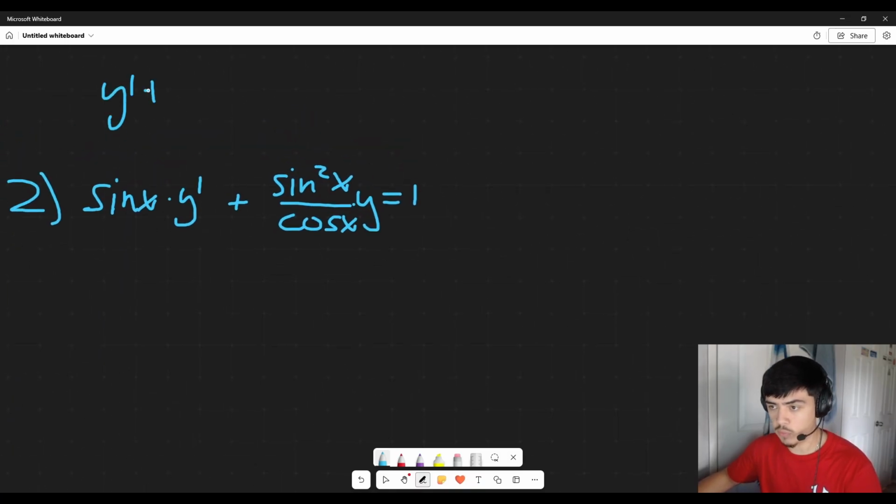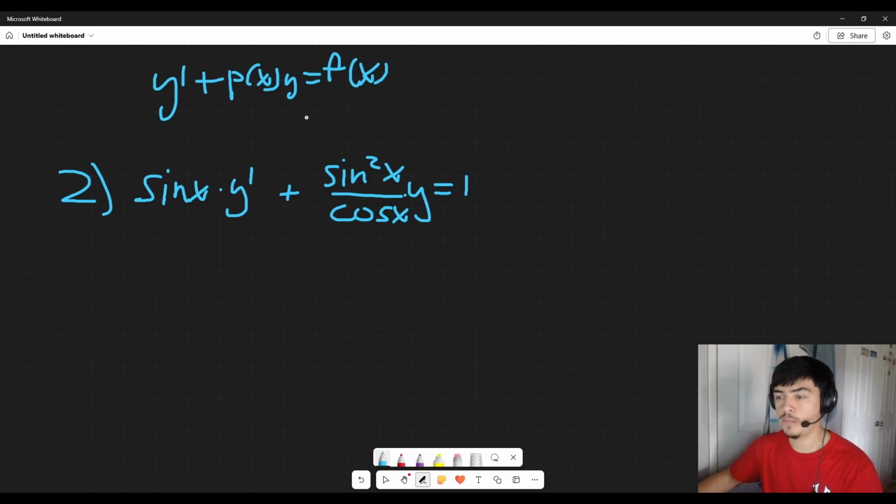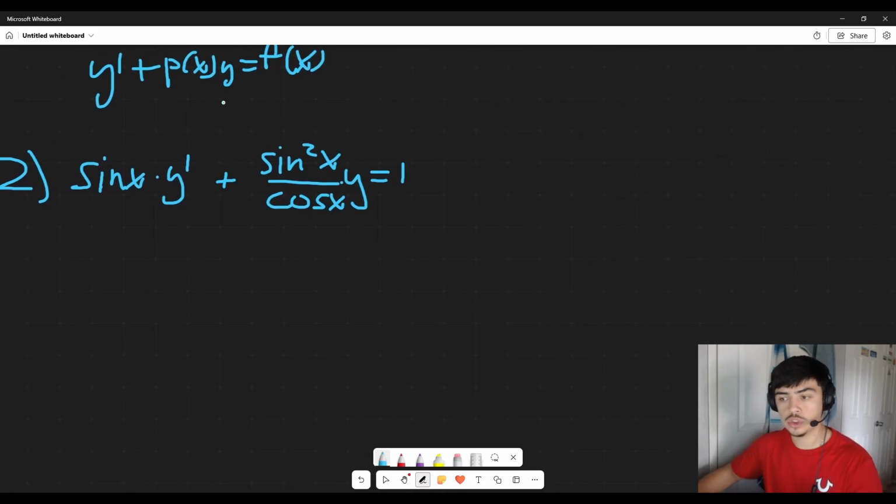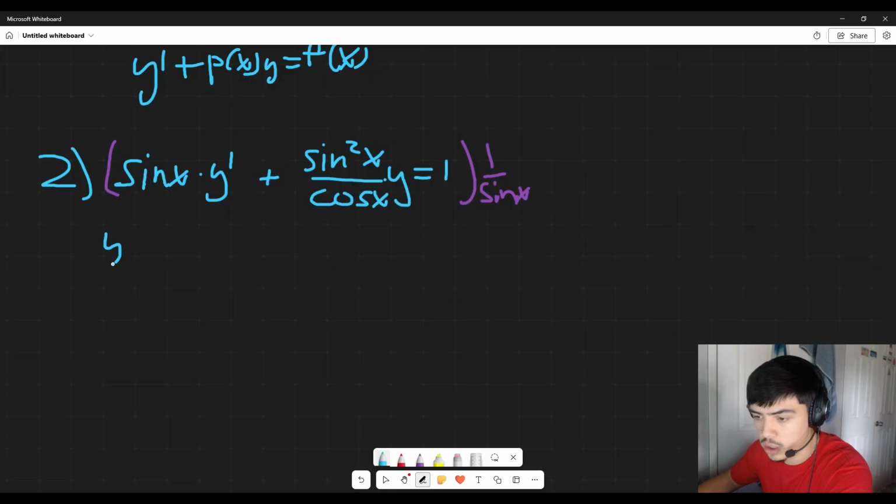It's usually in the form of y prime times a function of x times y equals a function of x, right? We don't have this, so let's go ahead and get this into this form. To isolate y prime, we need to multiply everything by 1 over sine x, same thing as dividing by sine x. So rewriting, we get y prime plus, in this sine x and this sine squared x, one of them will cancel out, leaving us with sine x over cosine x,